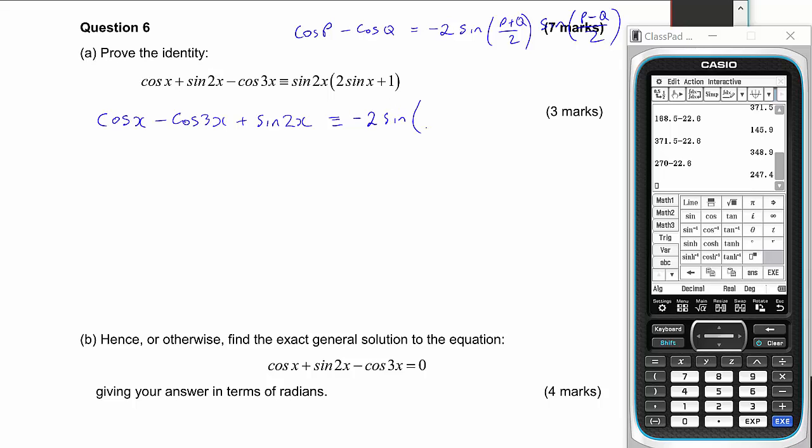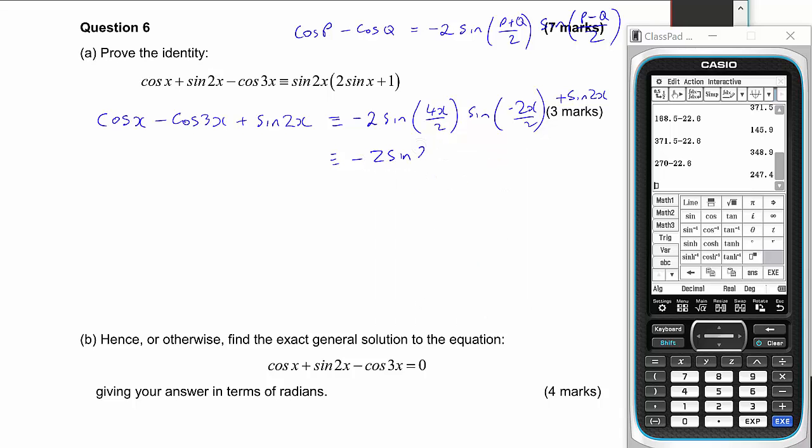sine 4x over 2, sine, and make sure we get this the right way around, -2x on 2. And don't forget the plus sine 2x. I haven't put it in a very good place on the screen. So that's going to be -2